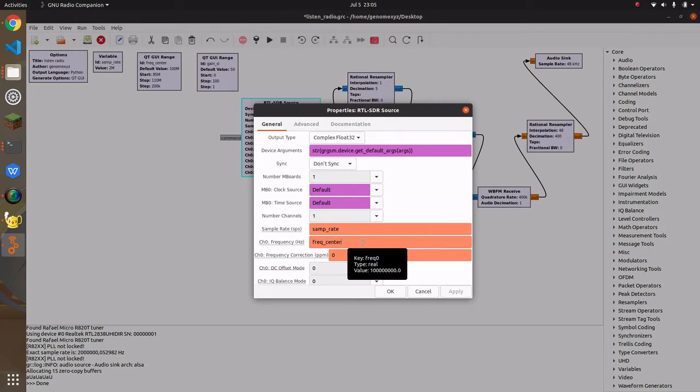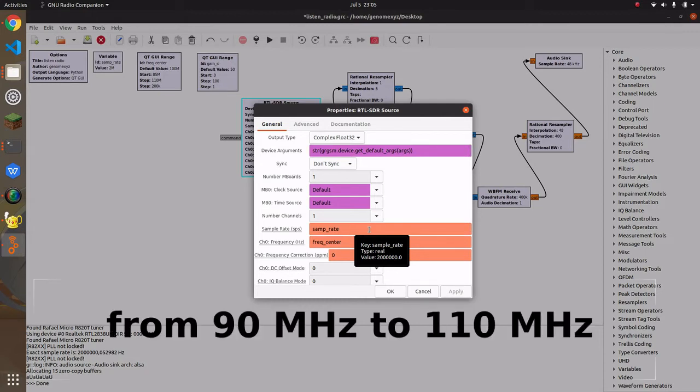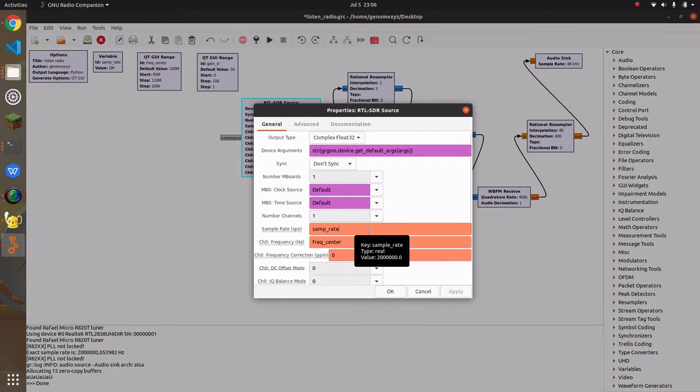The sample rate is like the coverage, and the frequency is the center frequency. So our RTL-SDR source will get the frequency from 90 million to 110 million by default.